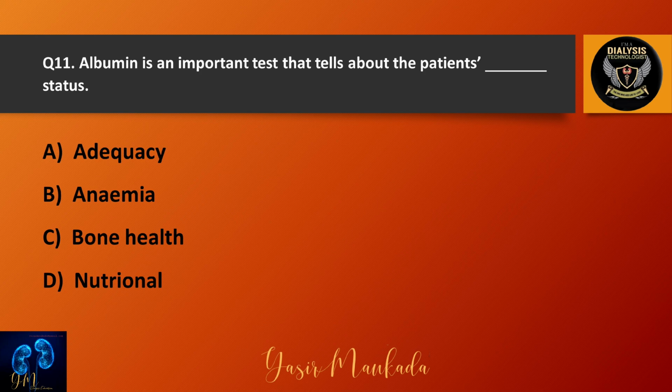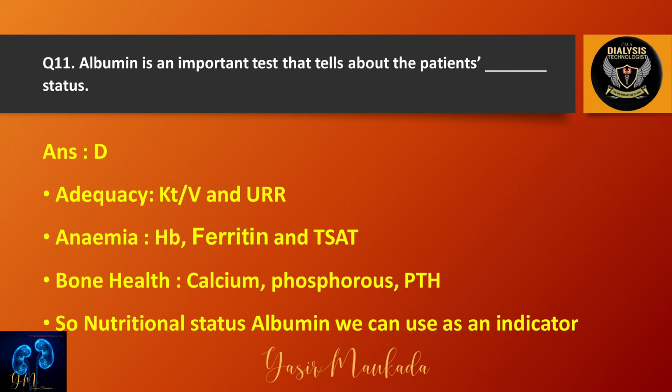Question is, albumin is an important test that tells about the patient's dash status. Option A, adequacy; option B, anemia; option C, bone health; option D, nutritional. For monitoring adequacy, we will use Kt/V and URR. For anemia, we will use hemoglobin, ferritin, and transferrin saturation. For bone health, we will use calcium, phosphorus, and PTH. So nutritional status, albumin, we can use as an indicator. So the correct answer is option D,